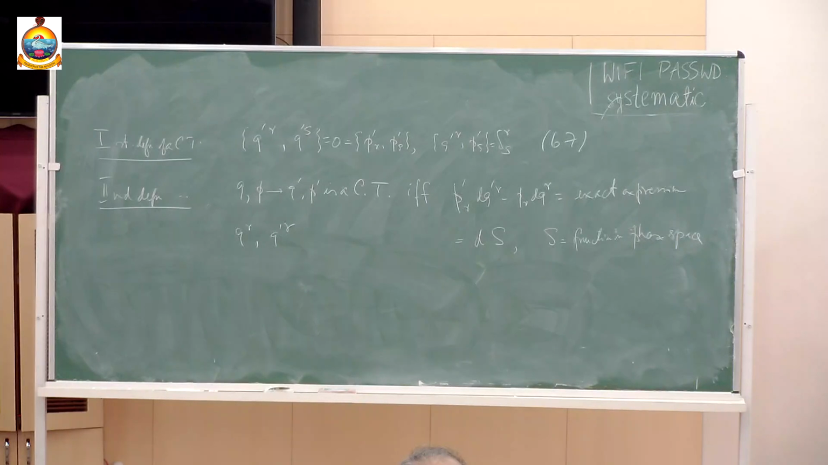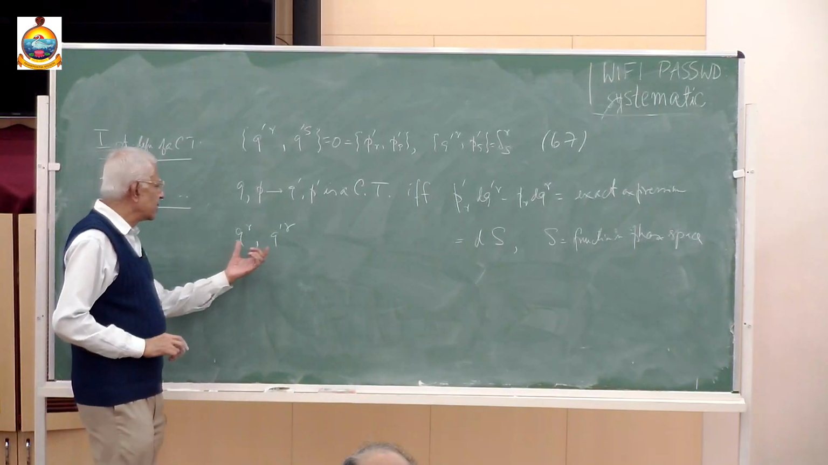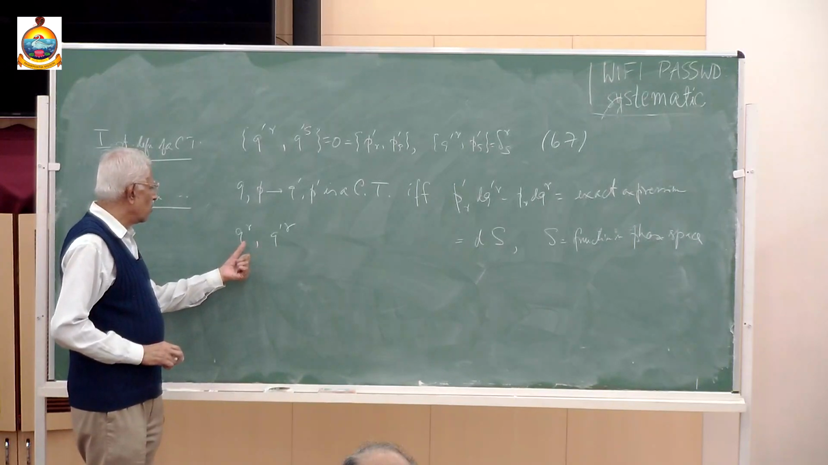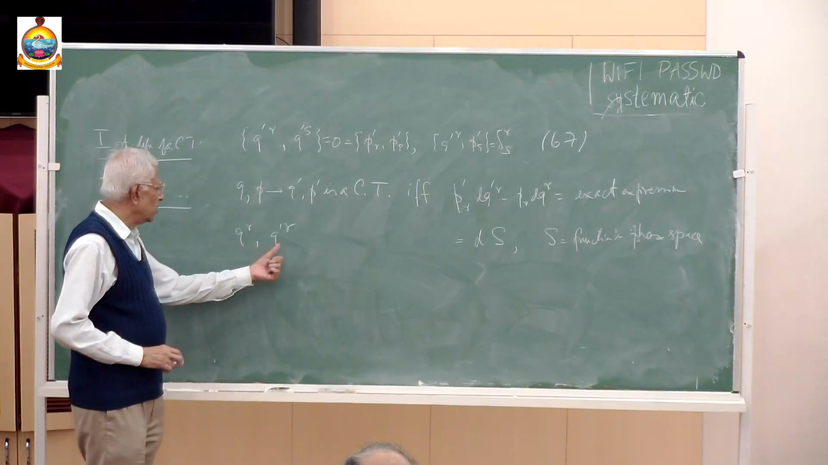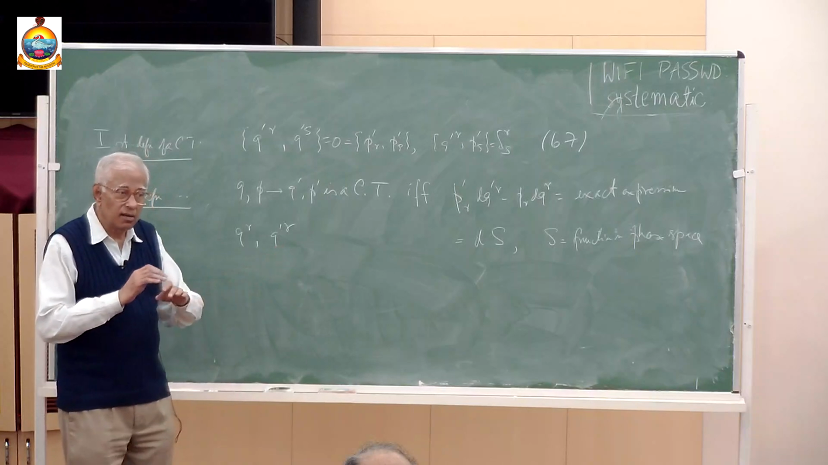This is another canonical system of coordinates on phase space. Any phase space function can be written in terms of q, p or in terms of q prime, p prime, which is what I just described. Supposing in a particular situation, it turns out that the old generalized coordinates and the new generalized coordinates are also